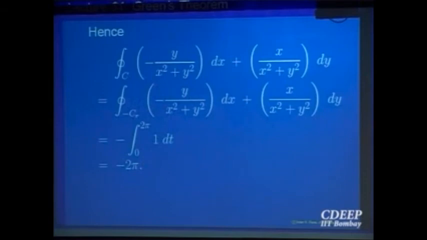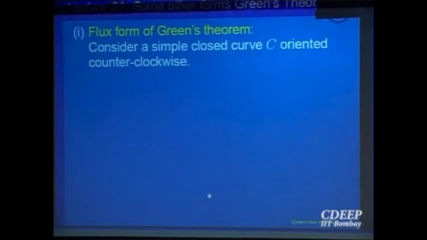That is the beauty of Green's theorem. The power of Green's theorem is that it is very simple to state, but a very, very powerful theorem. Without knowing at all what the simple closed curve is, whether it includes the origin or does not include the origin, we are able to calculate the line integral because of Green's theorem and the special fact that for this vector field, the integrand for the double integral comes out to be 0. These two facts tell me this. So this is one application of Green's theorem.